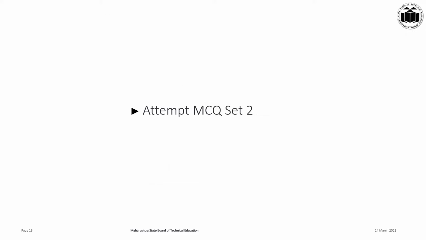So in today's session, we have seen basic components of a smart home and the block diagram of the smart home. Now this is the time to attempt some MCQ. Student can pause the video and attempt MCQ of set 1. In this session, we have seen how different automation systems will convert our home into a smart home, which will make our stay more comfortable, more secure, and more convenient.